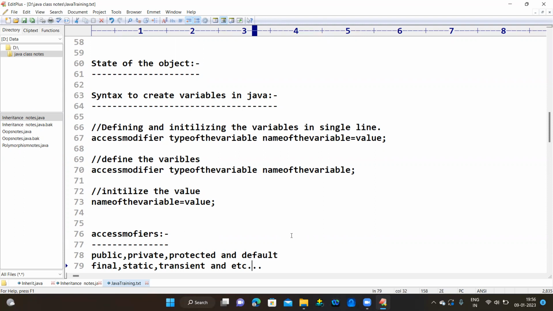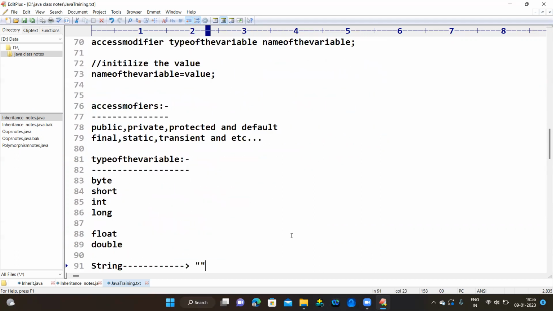If you want to define variables, you can also use some access modifiers. What are the access modifiers you can use? Private, protected, default, public, and final, static, and transient,